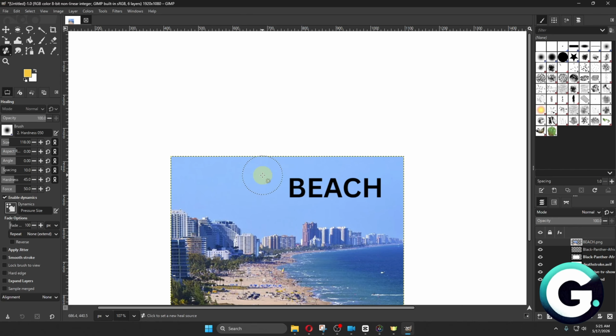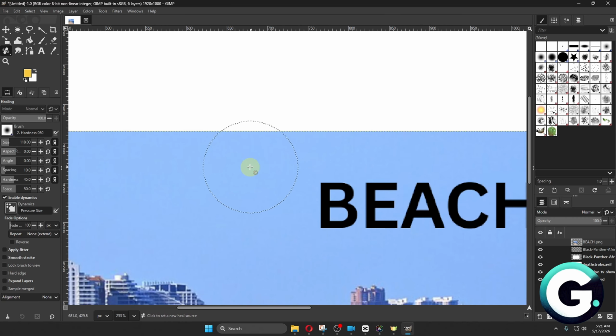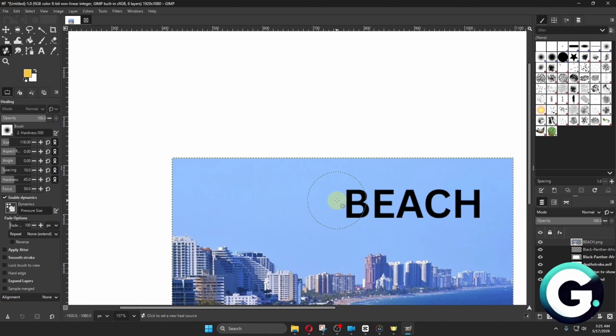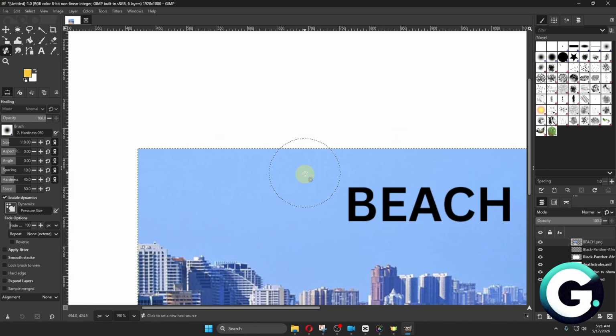So to do that, you want to press and hold Control on your keyboard. And from here, you could get a sample of the color that you want to replace it with. So in my case, I'm going to be getting it from the sky itself, which is going to be this one. And now that we have our sample, by pressing Control on our keyboard and clicking on the sample itself,